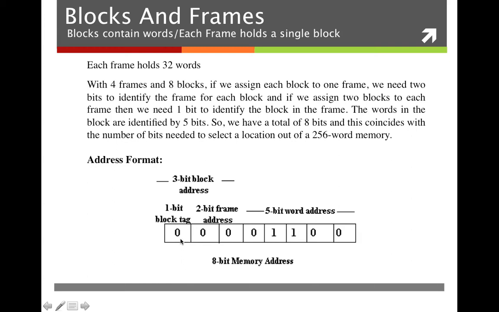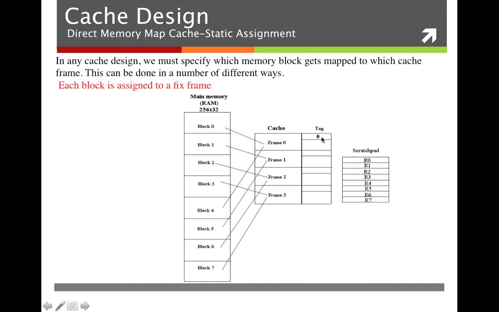If now we all of a sudden have another address generated by our CPU, which shows 1, 0, 0, never mind these 5 bits, I'll talk about this briefly in just a second, then that means we have to bring this 1, 0, 0 block into frame 0. And these 5 bits simply tell us exactly which word it is in this block that is now in frame 0. So this block ID, the block tag,